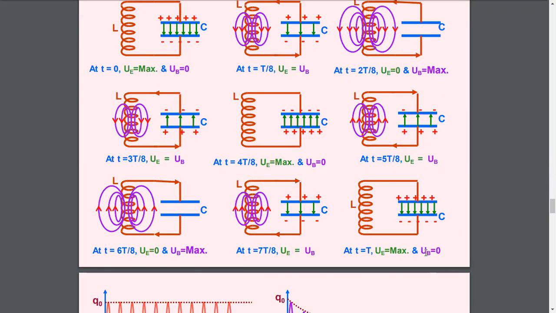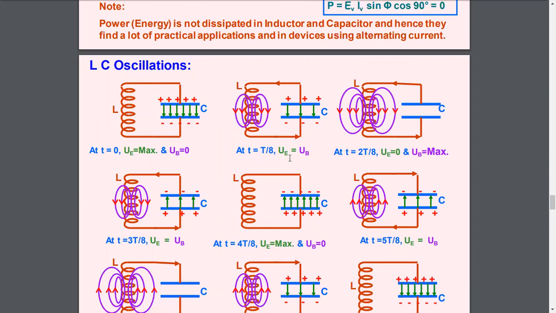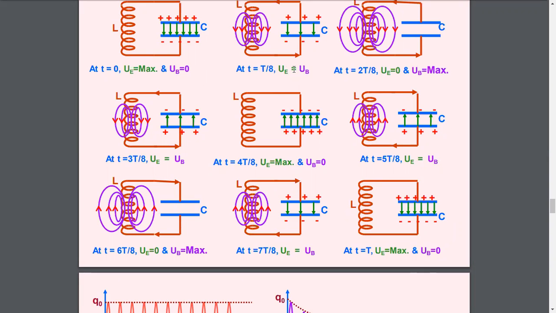So two times electric energy becomes maximum and magnetic energy becomes maximum, and also electric energy and magnetic energy become equal to one another. Here you see it becomes equal, and once again here, and once again here. So altogether there will be 4 times it becomes equal to one another over one cycle,